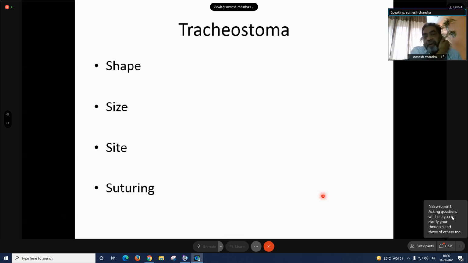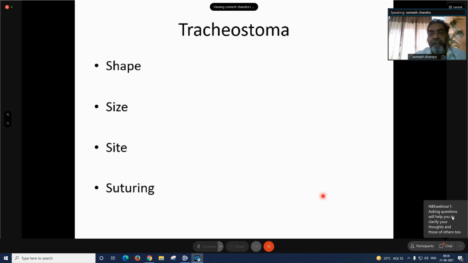The tracheostoma is not to be taken lightly. It's a very important part of the total laryngectomy procedure. You need to create a proper shape, and the best considered is semi-lunar. The posterior membranous trachea is cut transversely across, and the anterior cut on the cartilaginous part goes in between cartilages. You do not cut across a tracheal cartilage, and that gives a semi-lunar shape. Ideally, it should be in a separate buttonhole